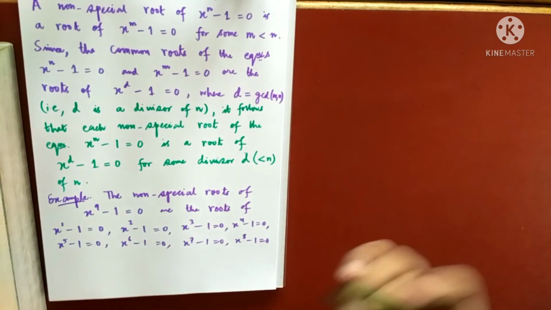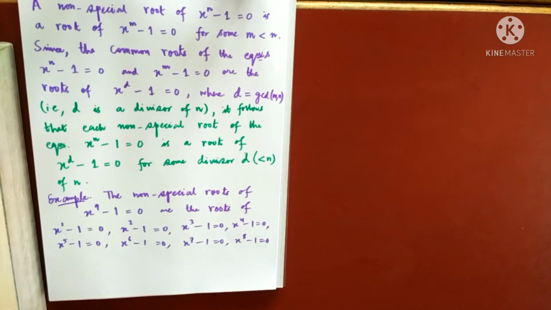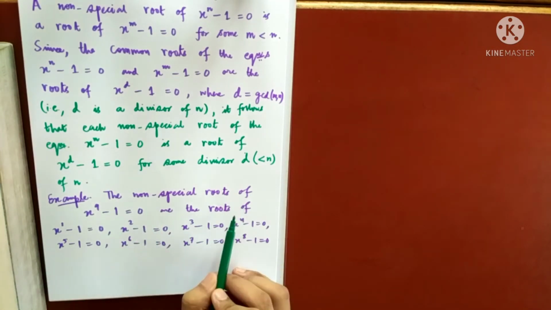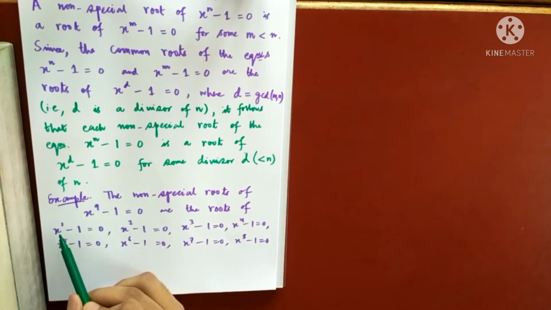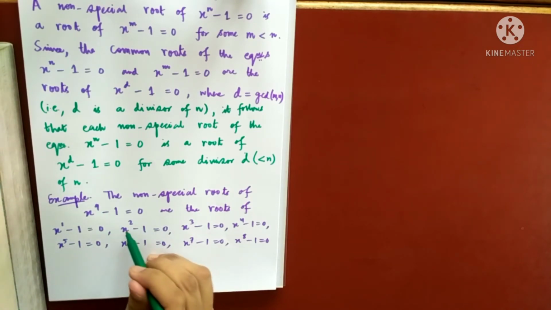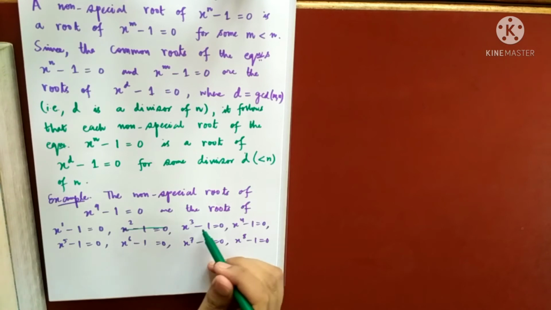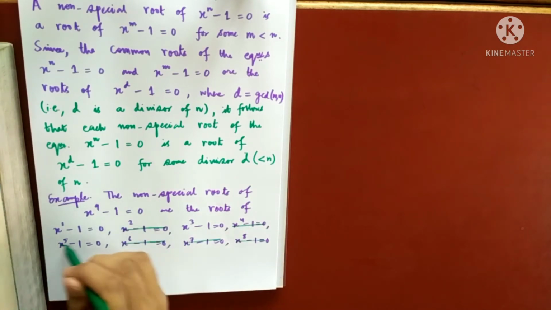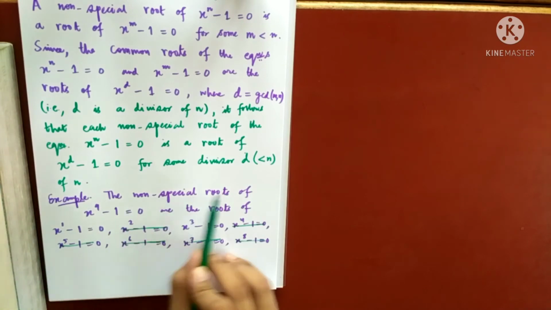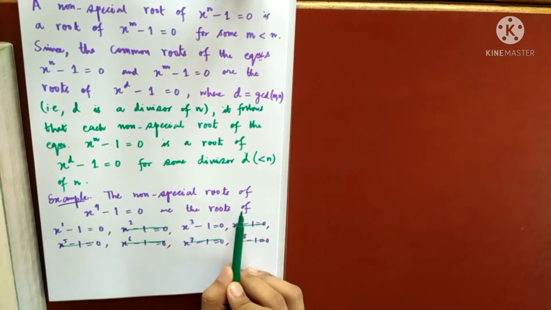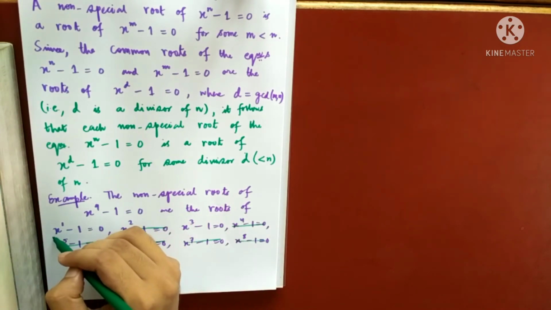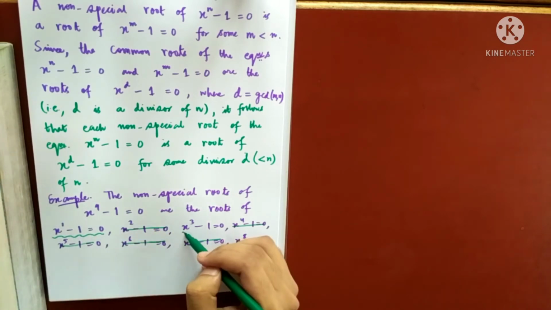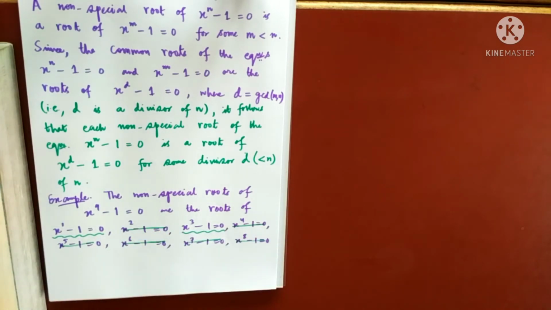But how will this note help us? It just reduces to this. The non-special roots of this equation are the roots of the divisors of 9. 1 is a divisor of 9, okay. 2 is not a divisor of 9. 3 is a divisor of 9, alright. It has removed all these possible cases. So the non-special roots of this equation are the roots of only this equation and this equation. So this is how this theorem will help us. Am I clear?